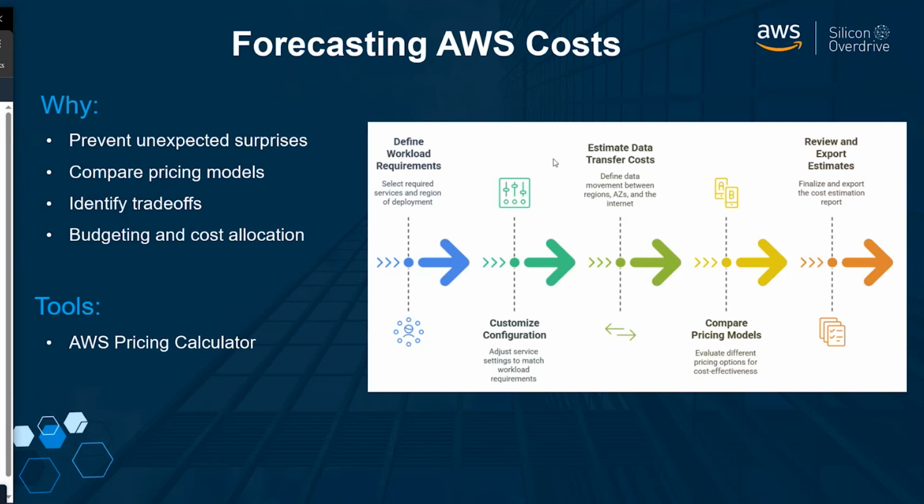One, whether you can actually forecast your AWS cost. Of course, there will be times where there will be changes in the actual environment. There are always some unexpected events here and there, but this gives you a starting place. And if you think about it, even from a budgeting perspective, you can start to identify the range for which I should budget for this number of resources or this kind of workload. It's probably going to cost me between this amount and this amount, and then you can budget for that.